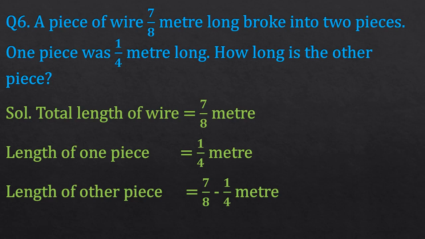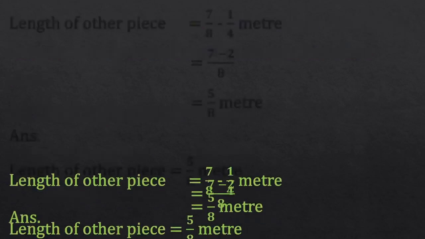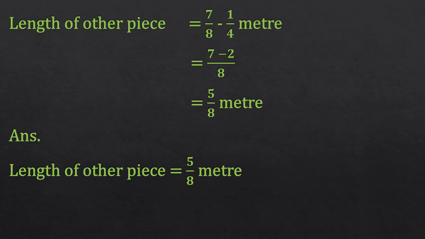Whenever we have to find out the total, we will add. So it is 3/2 plus 4/3. This is the case of addition of unlike fractions, so we will take the LCM. LCM is 6. Convert them into equivalent like fractions. It is 9 plus 8 over 6. When you add, you will get 17/6. Convert into a mixed fraction as it is an improper fraction: 2 5/6. So total cake given to both is 2 5/6.